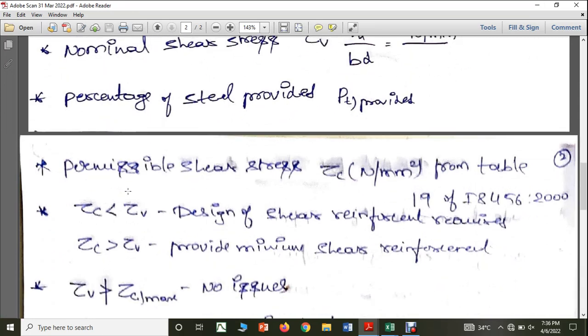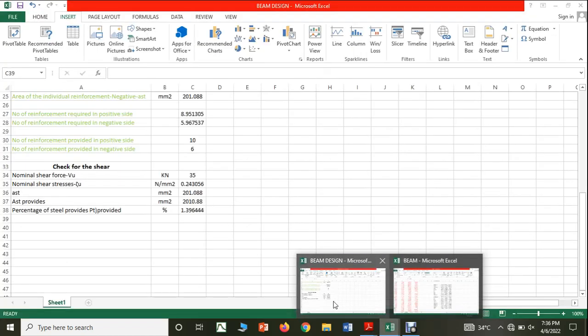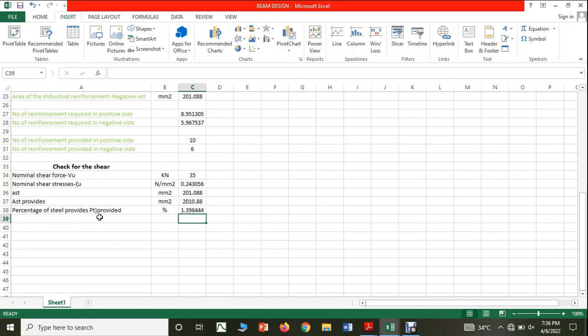So you have to go to the IS 456. From the IS 456, get the permissible shear stress, that is tau C in Newton per mm square, from Table 19 of IS 456. So once you get this, with the help of this percentage of steel provided and based on the grade of concrete you are going to provide,